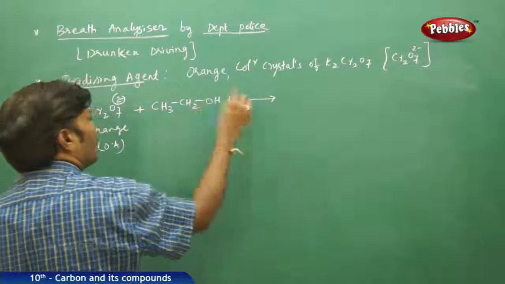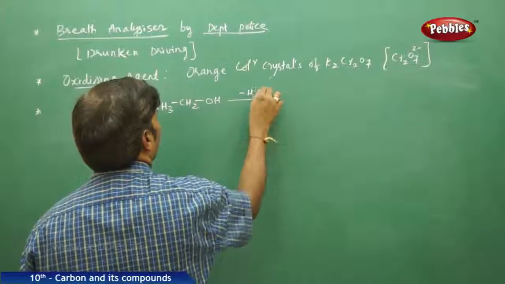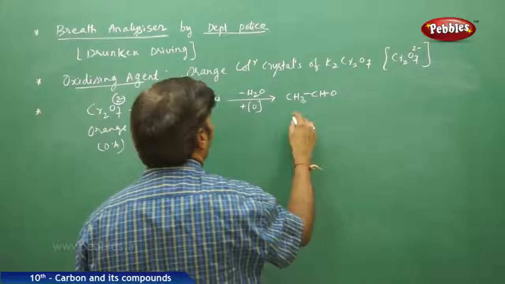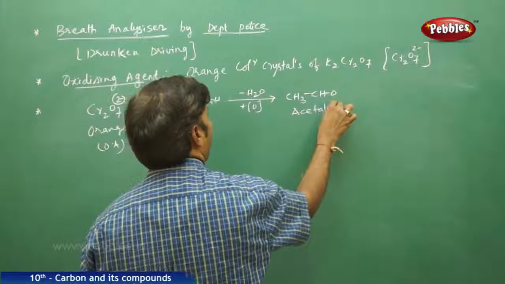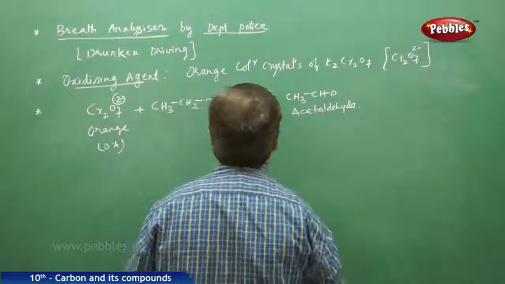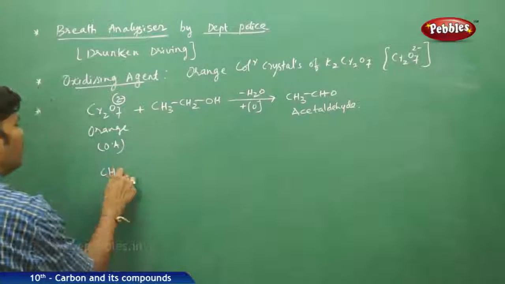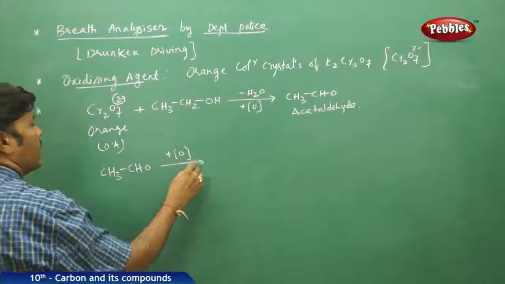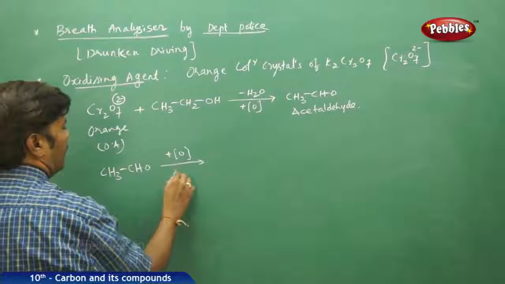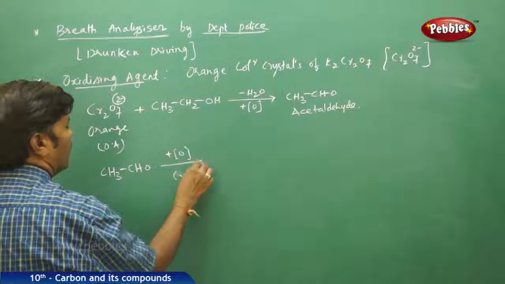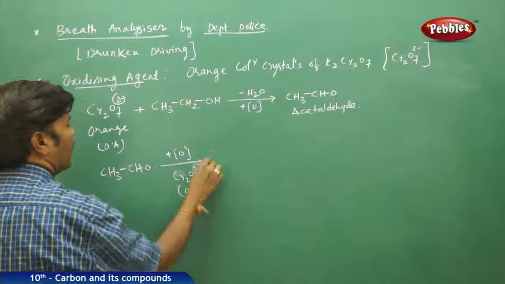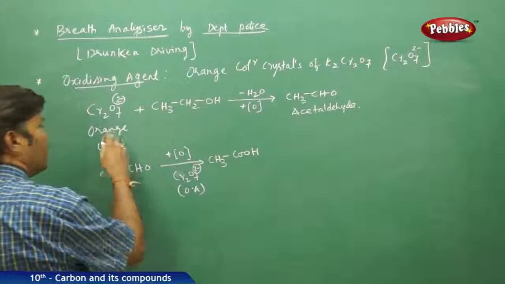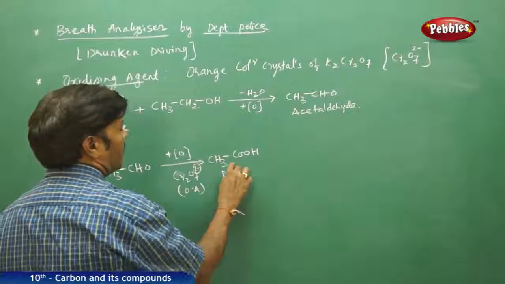It immediately gets oxidized, minus H2O, add one nascent oxygen, to acetaldehyde, and the acetaldehyde further, by adding one more nascent oxygen, gets converted to acetic acid. Once it gets converted to acetic acid, it becomes bluish